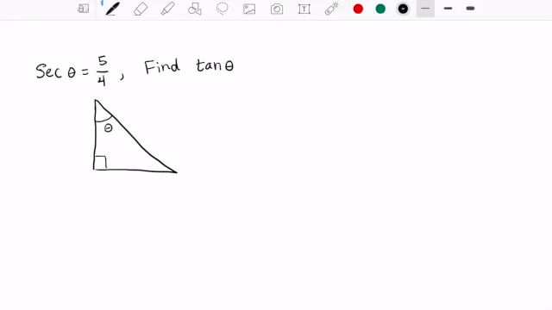So when I start looking at these types of problems, I want to be able to fill in my triangle. However, I need to know where to put my sides, right? So I know that secant is the reciprocal of cosine of theta. So if I take the fraction and I flip it for secant of theta, I will wind up with cosine of theta. And that helps me because now the adjacent side is 4, the hypotenuse is 5,